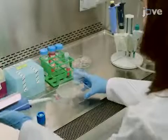To dislodge the cultured smooth muscle cells from the flask bottom, wash the flask quickly with